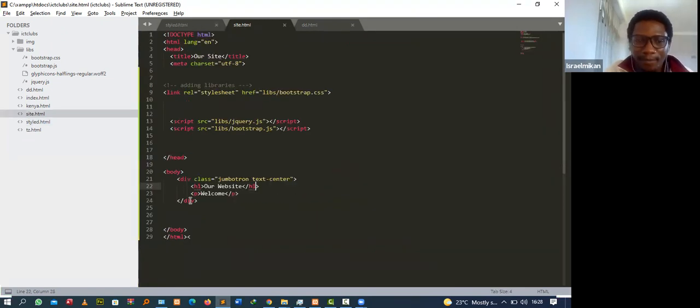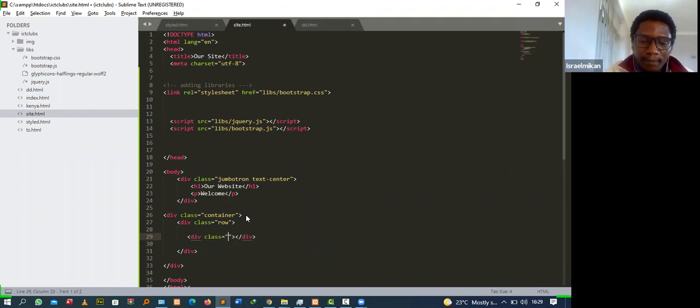Okay. So we just come this side. Now we say div. Okay, we just say class is equal to container. Okay, now inside the container, we have a div. We just say class, this is row. Okay, so inside the row, we also have a what? A column. Just say div,